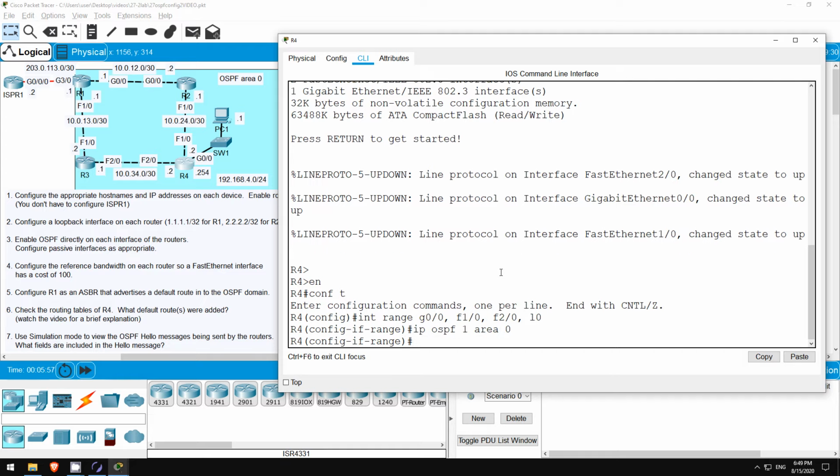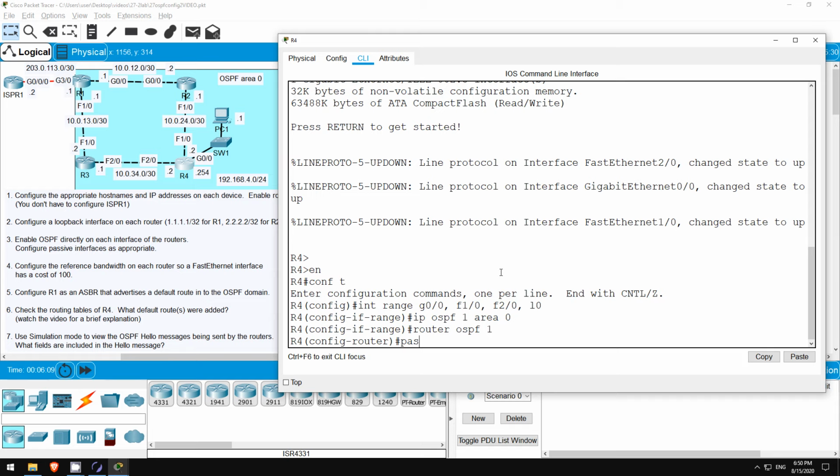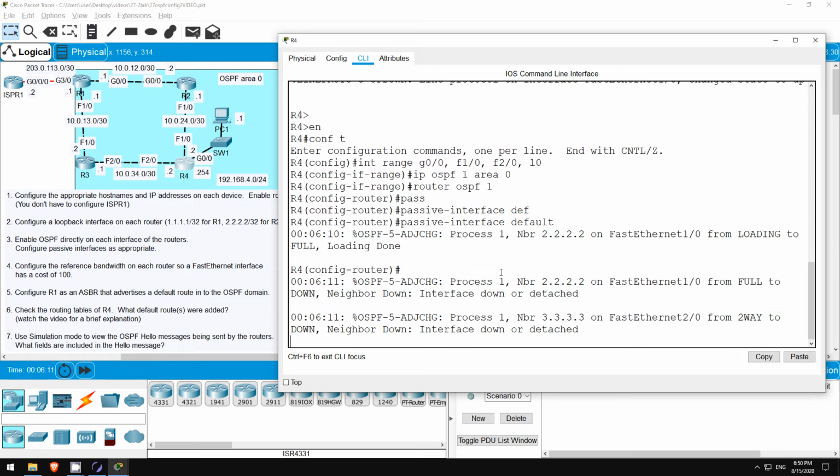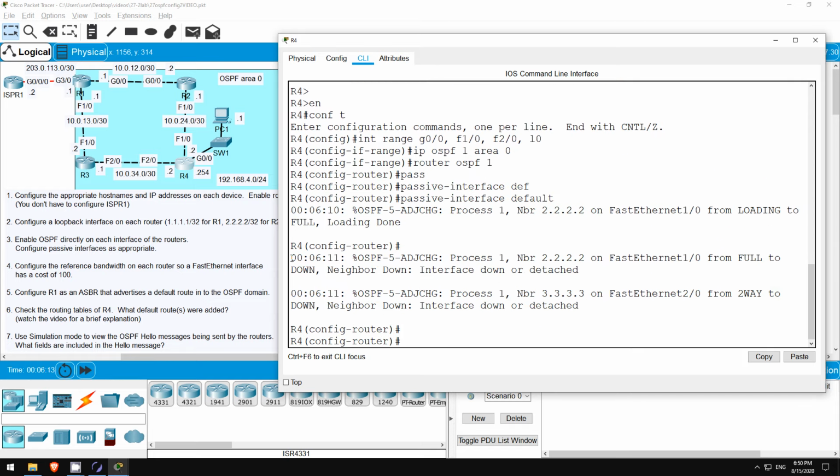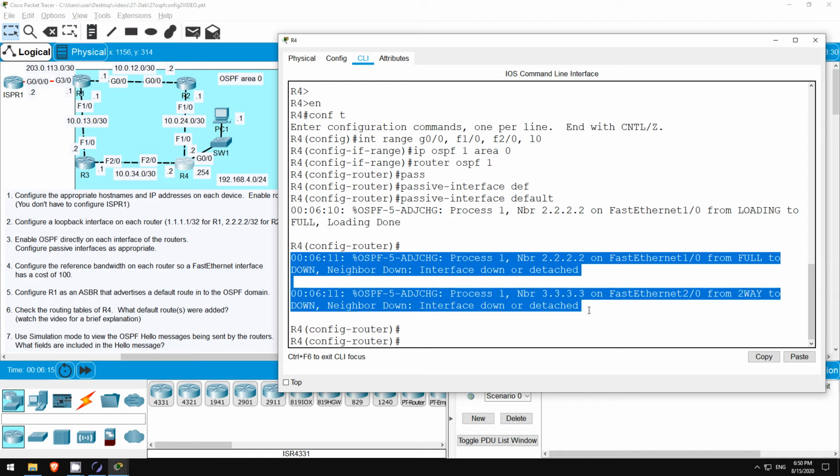Here on R4, I'll try out the passive-interface default command, and then remove it from F1/0 and F2/0. Router ospf 1, passive-interface default. Notice the message saying the neighbor has changed to the down state. OSPF can't make any OSPF neighbors via a passive interface, so the neighbor goes down immediately.